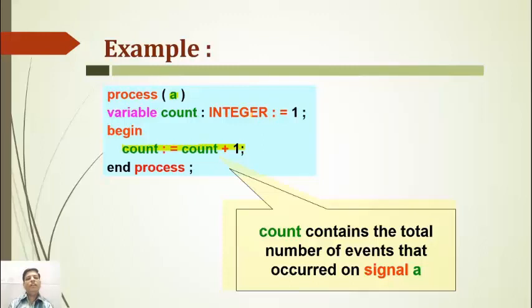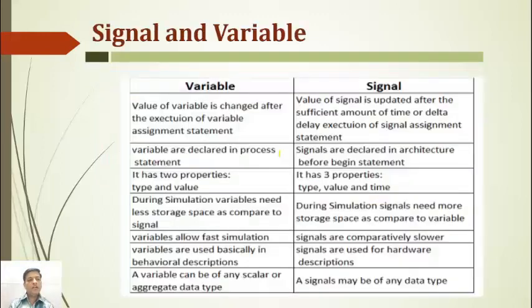Initially the variable can be declared integer equal to 1. Have you got it? Okay. Then the difference in between signal and variable. In university, the question of the difference in between the signal and variable should be asked a number of times. So at some point you are going to write for the signal and variable.